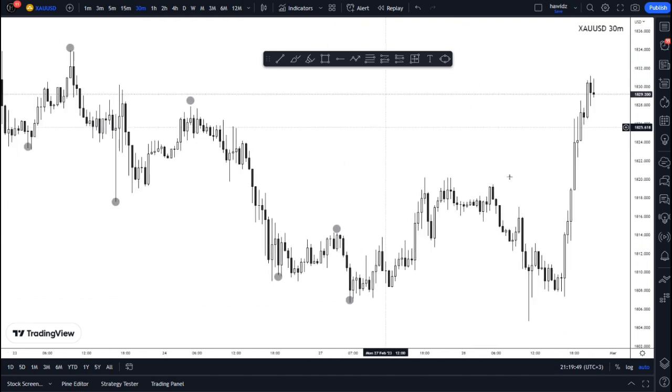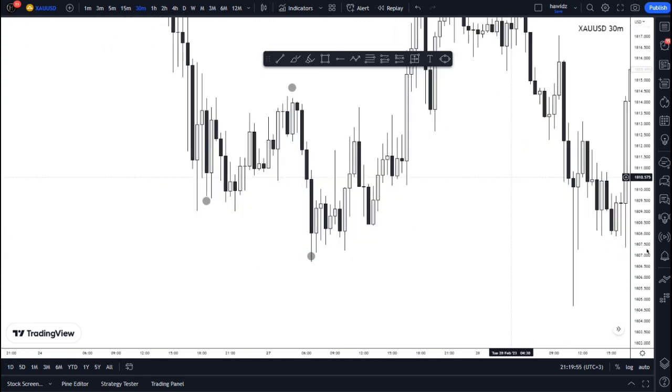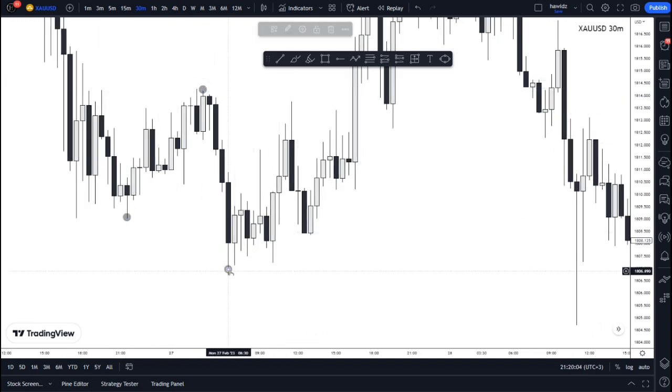So price created this, so let's just zoom in and see this quite clearly. From this low here and this high here, price created this lower low, and then price did what, right? Price came up into this area of supply, and then this area of supply wasn't strong enough, as you can see. So price comes down and then it fails to take out this high, and instead it creates